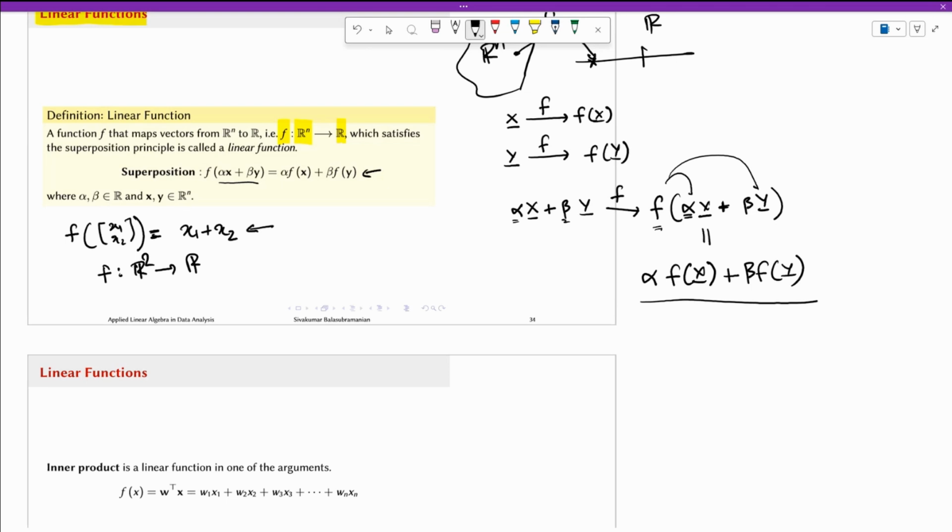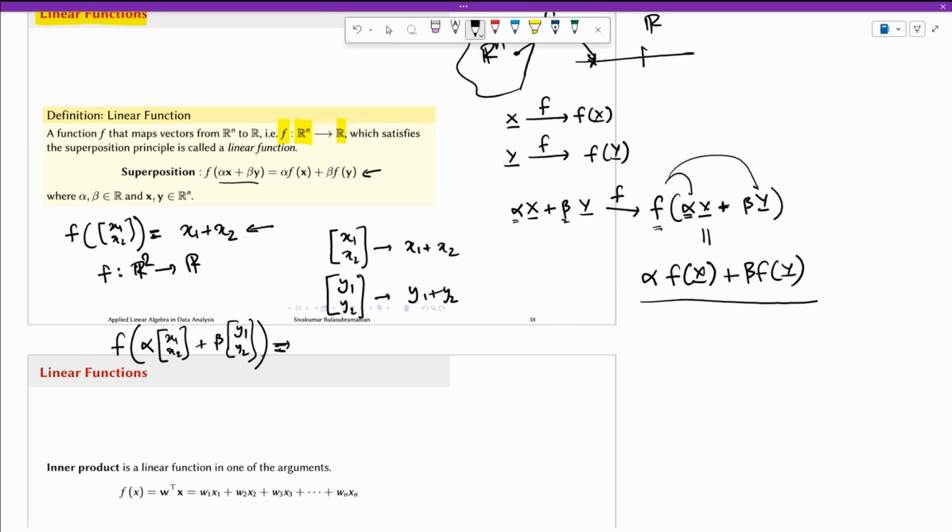Now, is f a linear function? Let's verify. If it's a linear function, it needs to satisfy the superposition principle. That means if I have x1, x2, the output would be x1 plus x2. If I have a vector y1, y2, the output would be y1 plus y2. That's the definition of the function. If I now compute f of alpha times x1, x2 plus beta times y1, y2,